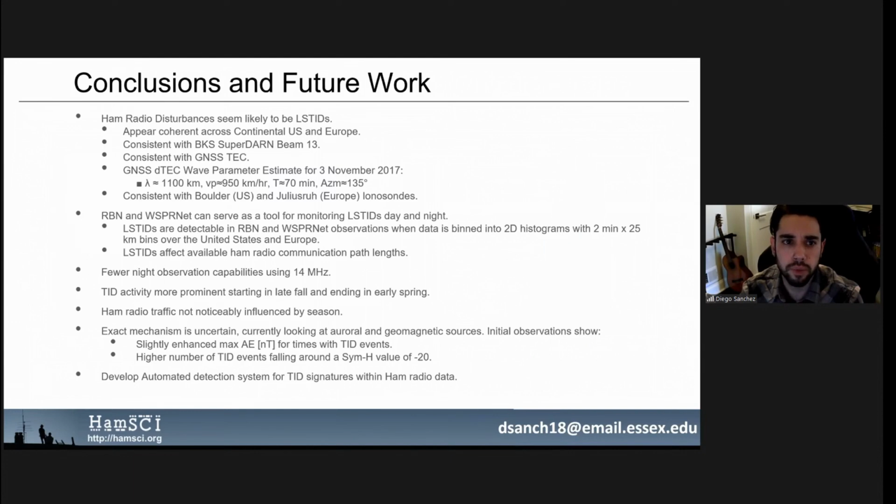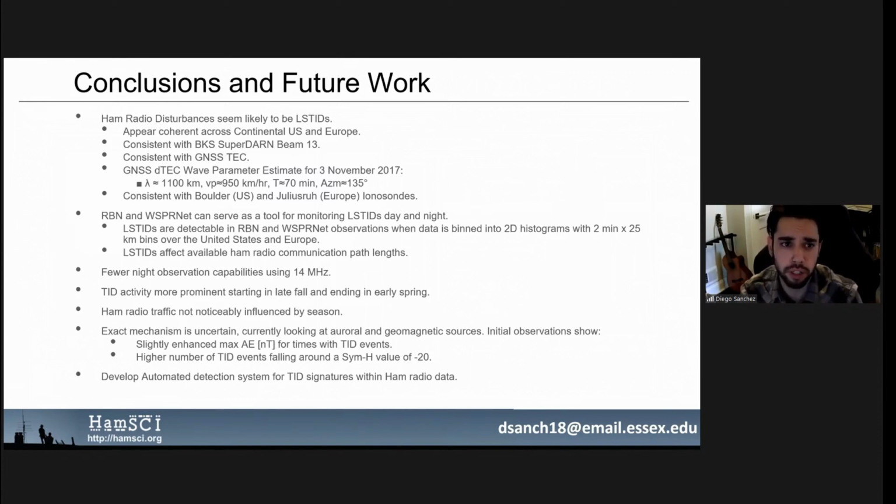So the ham radio disturbances seem likely to be LSTIDs. They appear coherent across the continental US and Europe. They're consistent with SuperDARN, consistent with GPS, and with both the Boulder and Juliusruh ionosondes, showing that RBN and WhisperNet can be used as a tool for monitoring LSTIDs day and night. LSTIDs are detectable in RBN and WhisperNet observations when the data has been